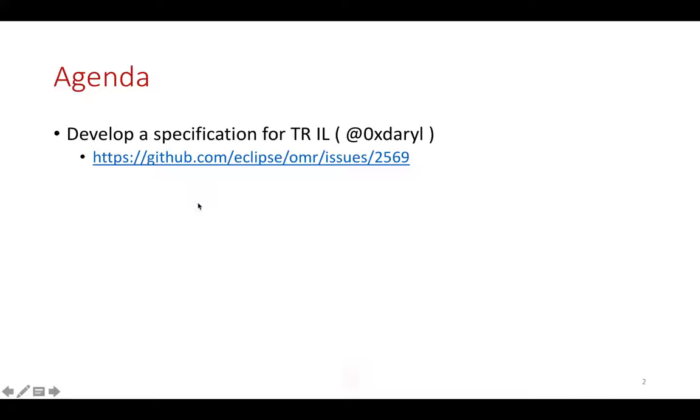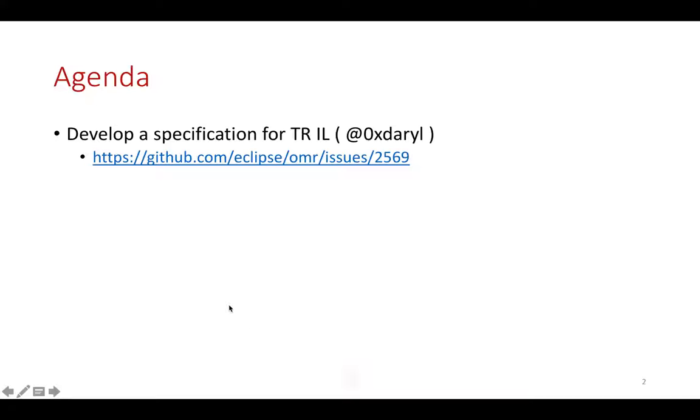Like I said, this technology has been 18 years in development, but I think it's good to get a start on this and come to an agreement as to the direction that we want to go. Without further ado, just following down the points that I have in that issue, one of the first things that needs to happen is to provide some kind of definition of what the compiler technology thinks an IL actually is, what it's attempting to achieve, and what the different components of that IL actually are.